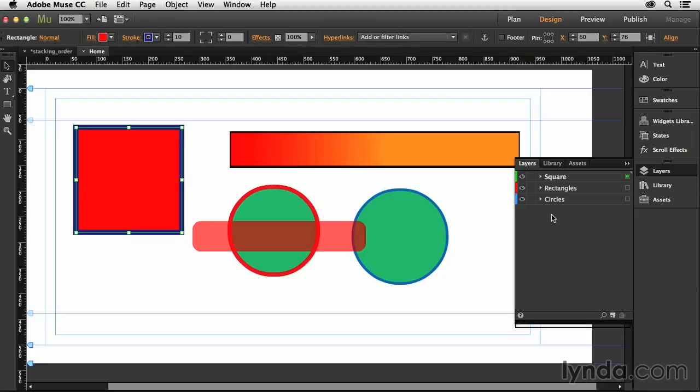So now, according to this, the rectangles are in the middle. They're actually on top of the circles, and that's why this rectangle still appears above these circles. But what if I drag this whole layer down underneath circles? Watch what happens to the rectangle. It actually goes behind them. Same as if I were earlier right-clicking and choosing Send to Back. But I have better control over these because I can control big groups of objects all at one time simply